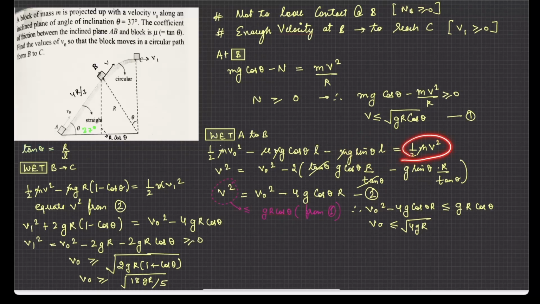Then the final velocity comes out to be half m v square. Now v square we have taken out from here. So the value of v square comes out under the terms of v naught. I just put the value of mu as tan theta, and I just put the value of L as my tan theta is my